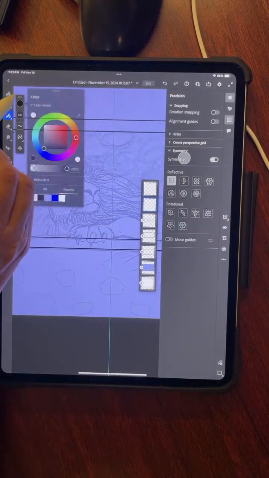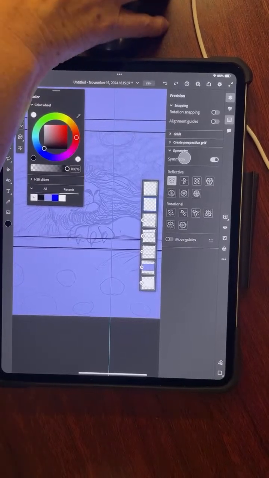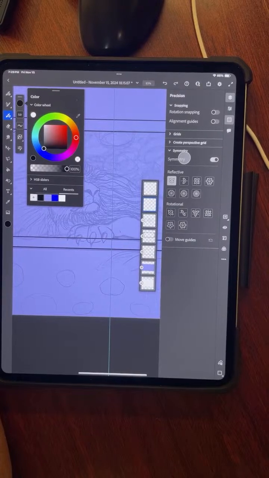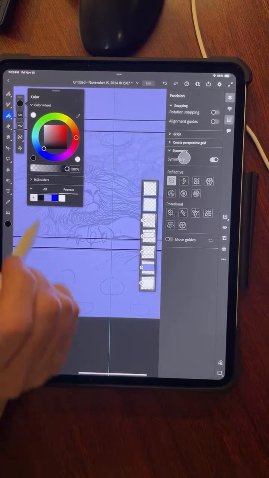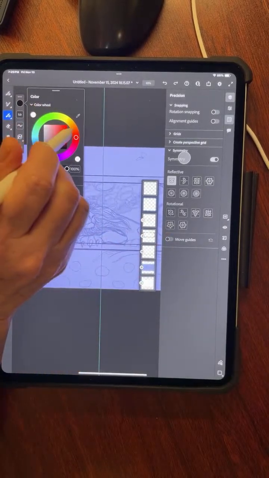Go back to our pen. And I'm tempted, I'm looking at a reference here. I'm tempted to use a dark